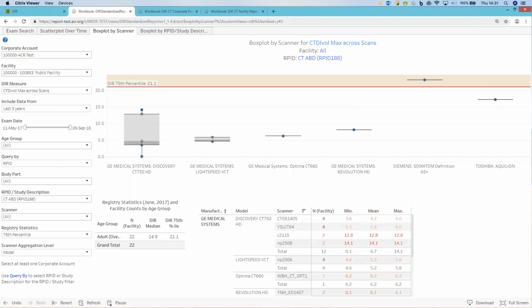The registry statistics are available per RPID, but some are really similar: CT abdomen versus CT abdomen with or CT abdomen without. Is there a way to combine RPIDs? I think Tom went over that a little bit in the beginning of the webinar. He explained that sometimes we do use one RPID for similar study names. But Tom, if you can expound on that a little bit,